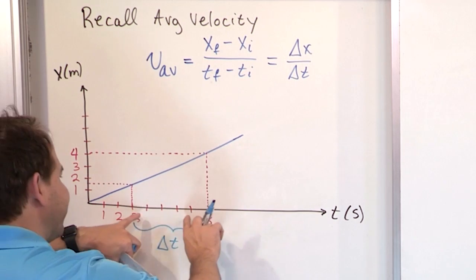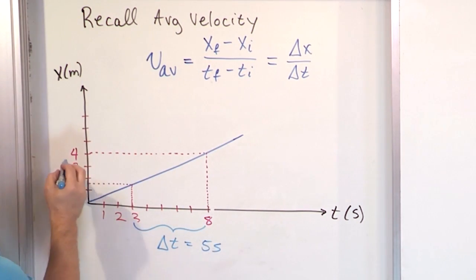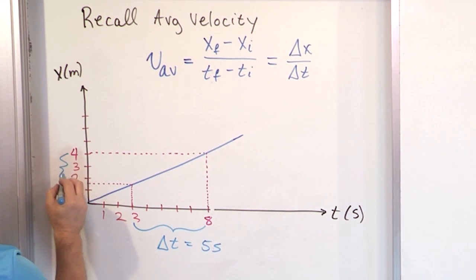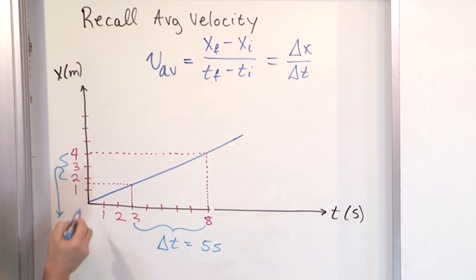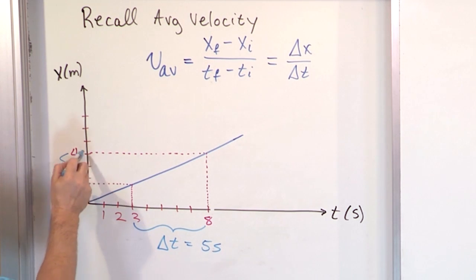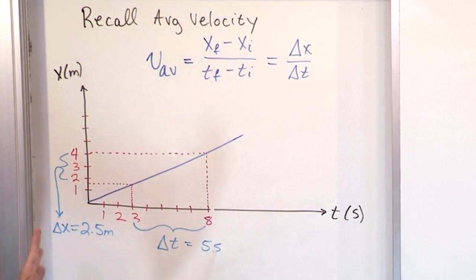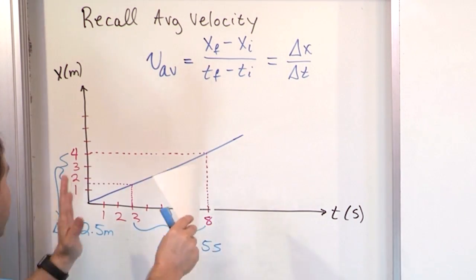And then in that interval of time, how far did I move in distance? You have to turn your head sideways, and the numbers are a little bit messed up here, but you can look here and say, well, this is 1.5, and so 4 minus 1.5 is 2.5. So delta x is around 2.5 meters. Because nothing is changing here, it doesn't really matter how wide or narrow my interval is, but